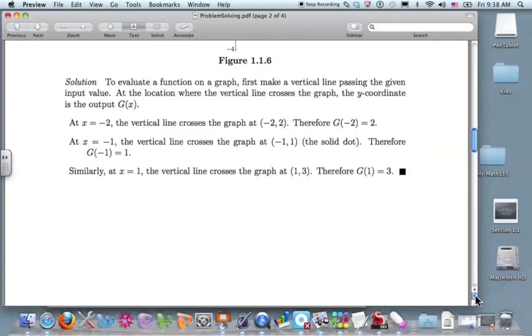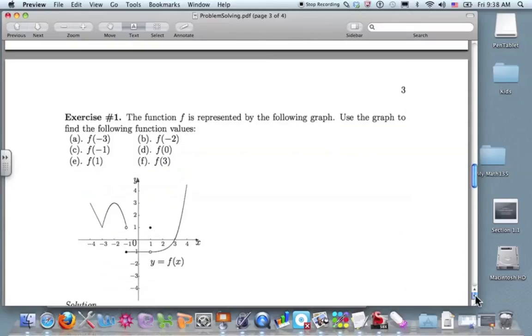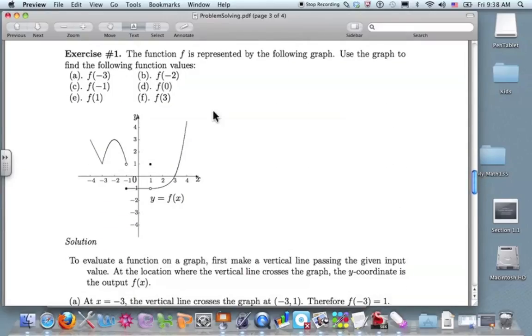So let's go through some exercise questions. And here comes number 1. We are looking for the function values at 6 locations. And we follow the same strategy as example 7. At -3, the vertical line will hit the curve at y reading 1. And at -2, the vertical line will hit the curve at y